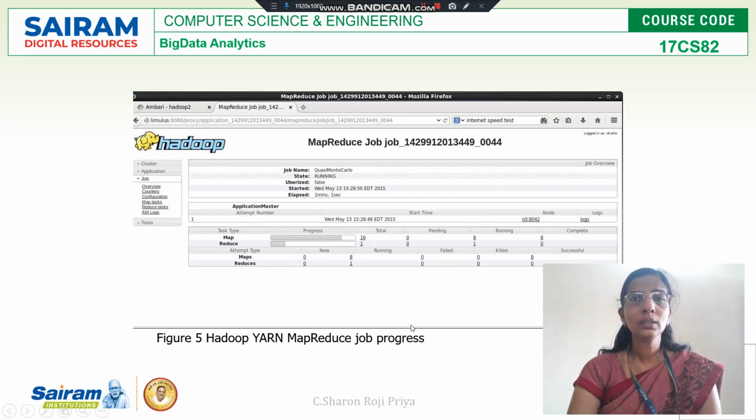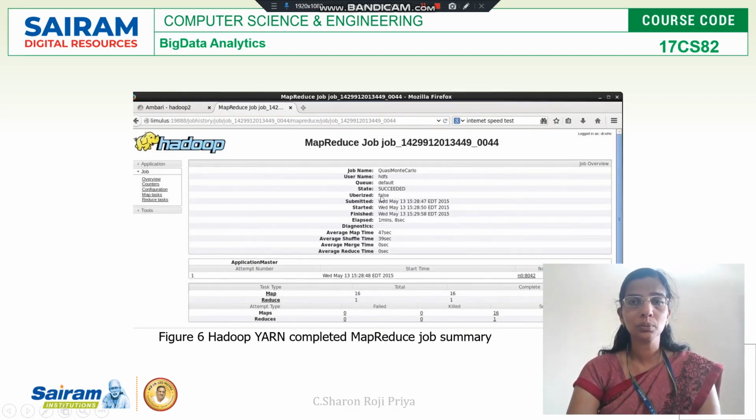And once your job is completed, automatically you will get the MapReduce job summary window, where you can check the state. Here your start time, elapsed time, everything will be there.